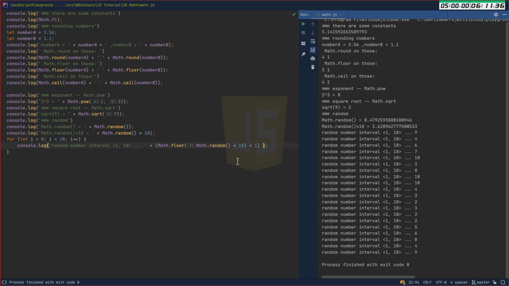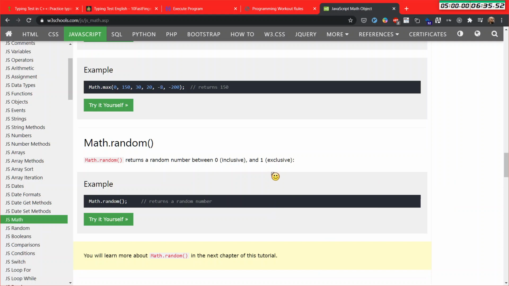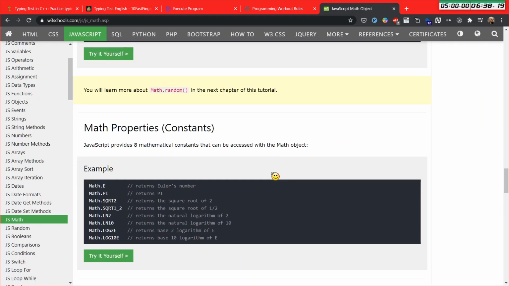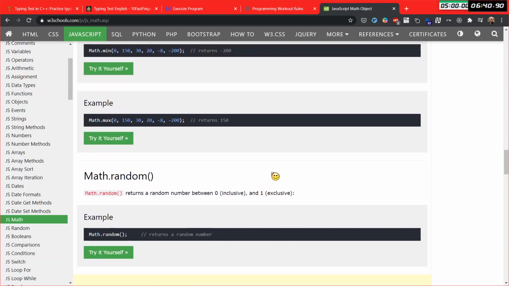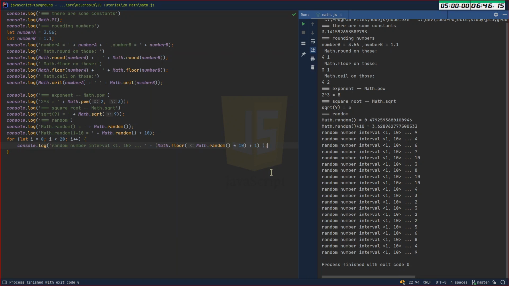All right. Okay, I will have a look in here if there is some example. There are some constants at random. Minimum and maximum. Okay, so that one is interesting. So we say